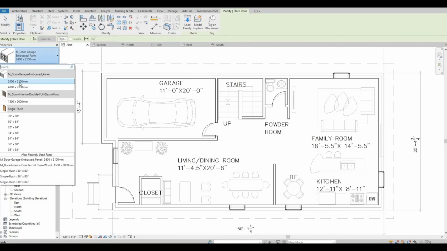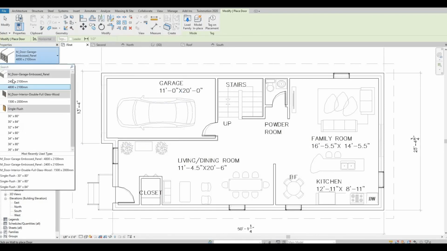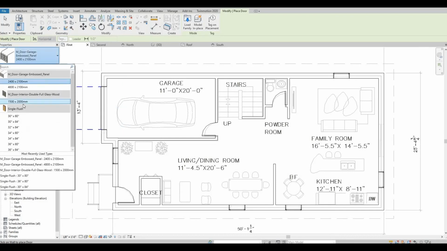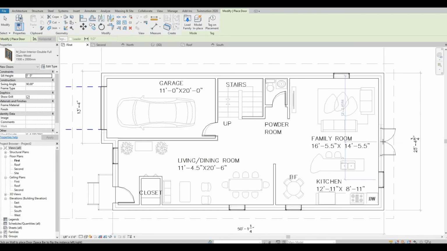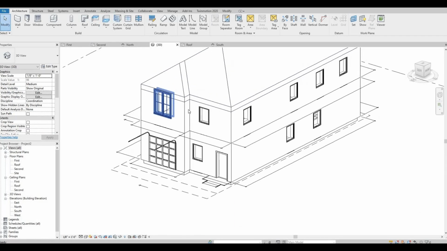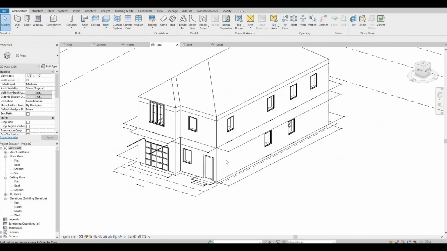So I load this garage door. And then the double glass door. So that's about it with our